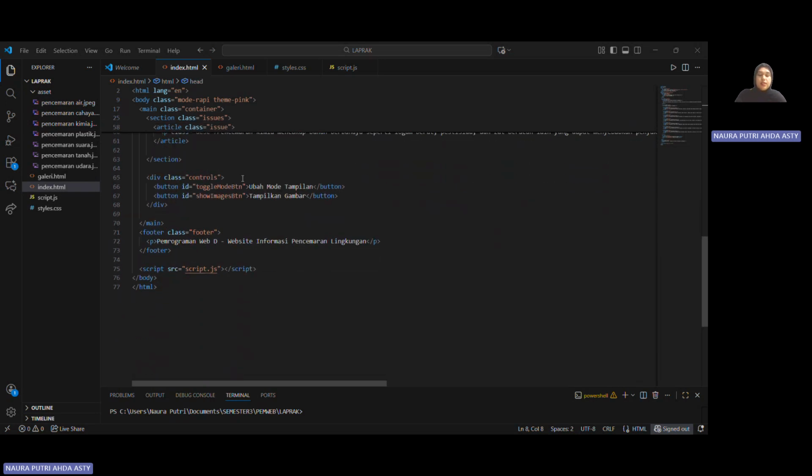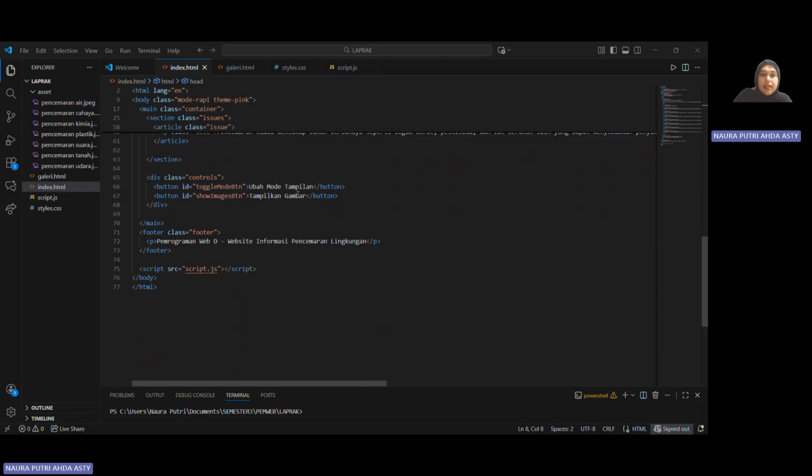The next one is the control buttons. In this part I made a class called control, and there are two controls. The first one is to change the mode that will appear on the screen.